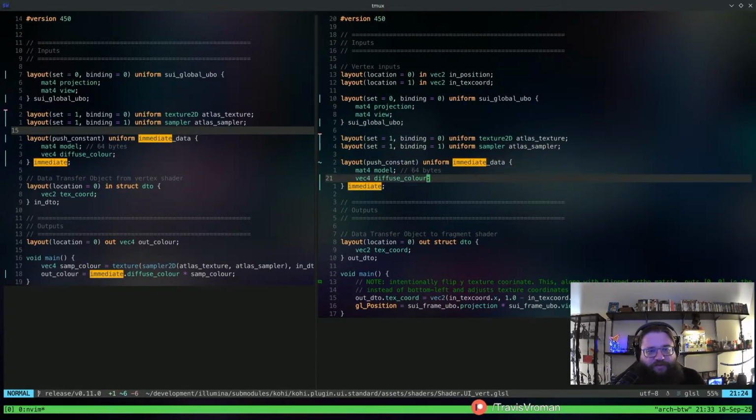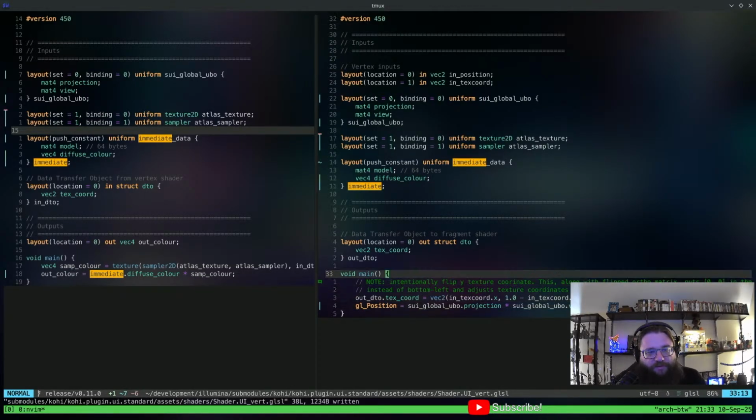So we've got that, and then the only other thing we'll have to do is come down here and change some of these names. So it's going to be SUI global UBO. Same with this one. And then the draw is just going to be immediate model, right?